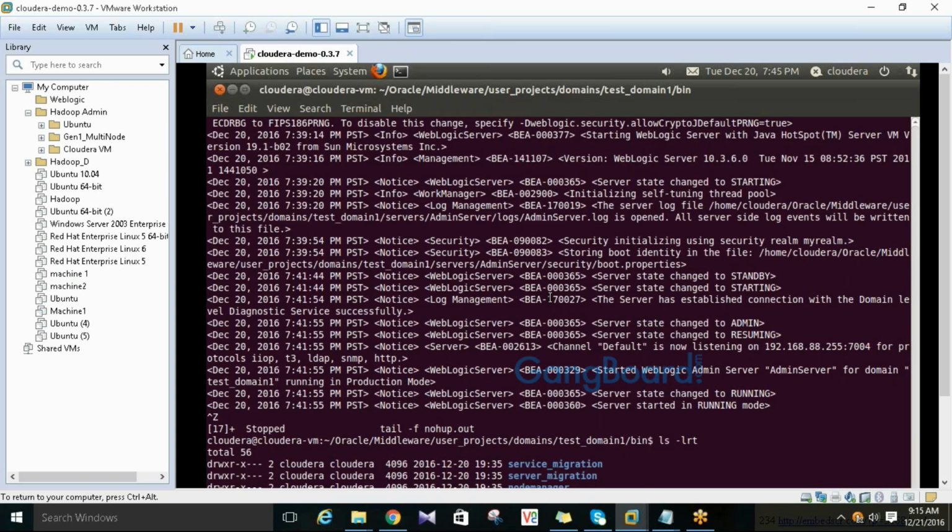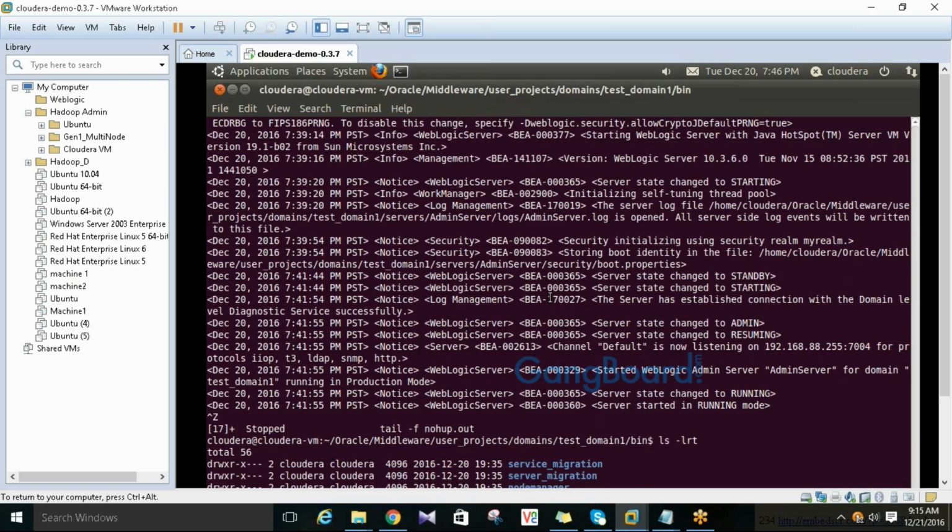No need to take the heap dump manually, because sometimes when server is going into the critical state, it will not allow you to take the heap dump. If you will try, it will deny the request. But if you will put this into the set domain environment, it will automatically take the heap dump at the critical stage, and whatever the path you have provided in the set domain environment, it will save that file on that location.